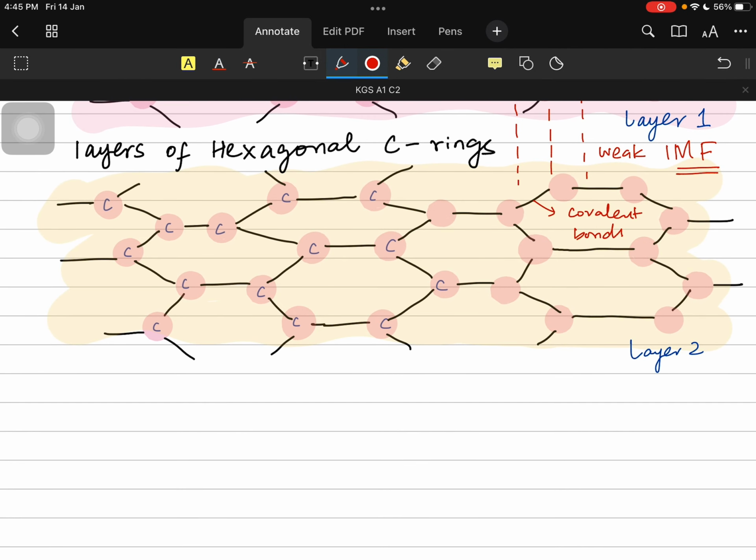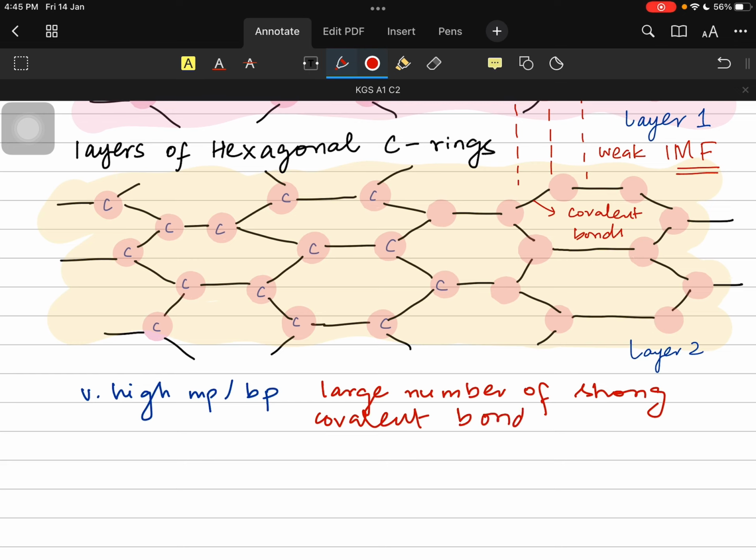For the same reason, graphite has a very high melting point slash boiling point, for the same reason as diamond: that large number of strong covalent bonds, and they cannot be broken easily. I'm not talking about the IMF right now, I'm talking about within the layer. Within the layer, there's a large number of covalent bonds, and obviously, we need very high heat energy